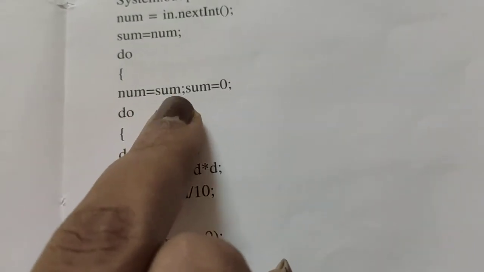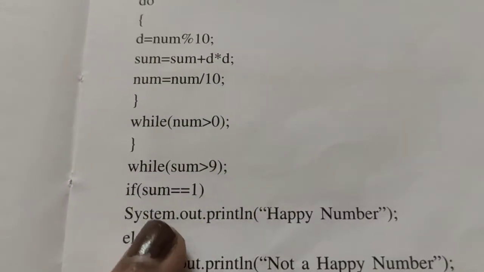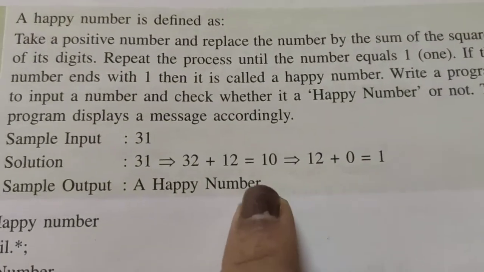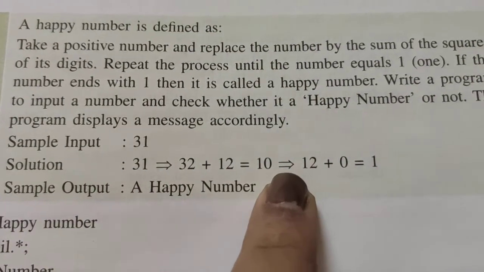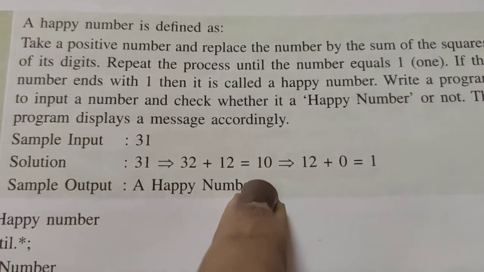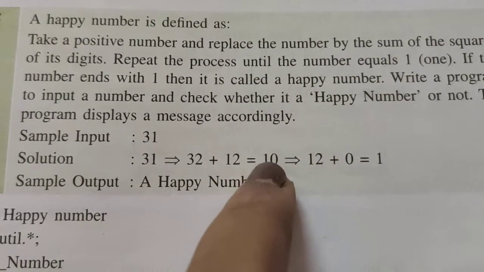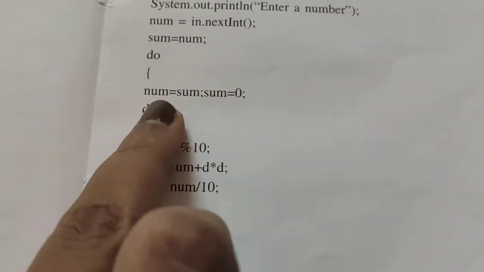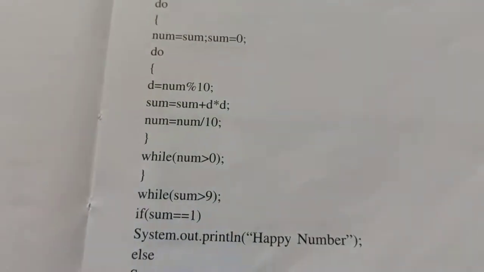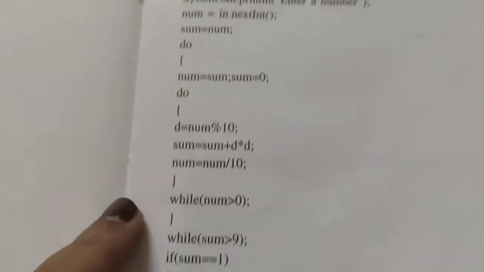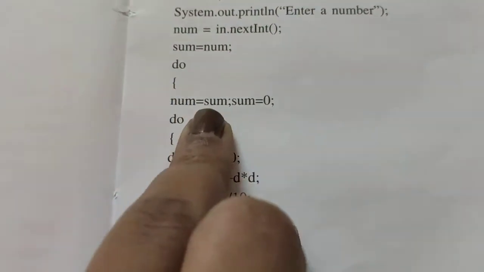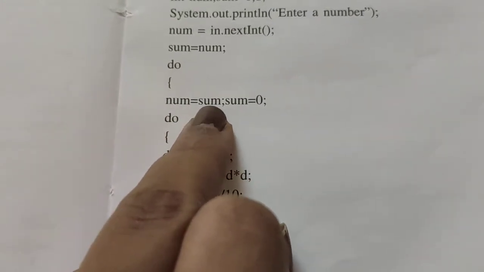That is the reason they have declared here num is equal to sum. Because here you are getting the sum, for that also you have to add the squares of the digits. See here, 3 square plus 9 square they have got 10. Because this is a 2-digit number, again they are squaring the digits, 1 square plus 0 square, which is equal to 1. So for that reason only they have given here num is equal to sum. If num is greater than 9, this sum only we are going to take the digits from. That is the reason they have initialized num is equal to sum here.